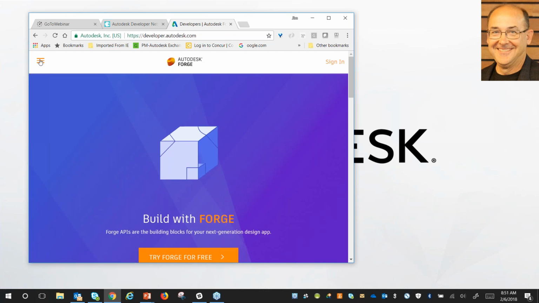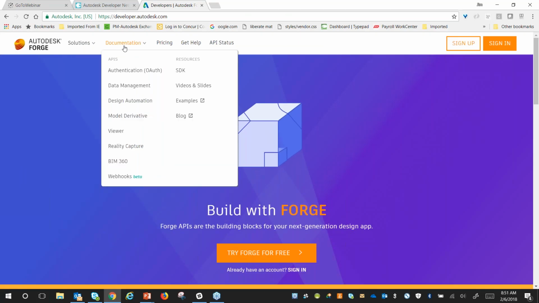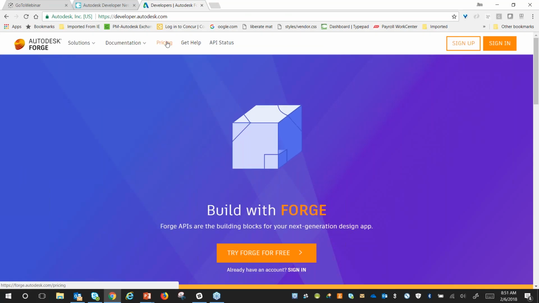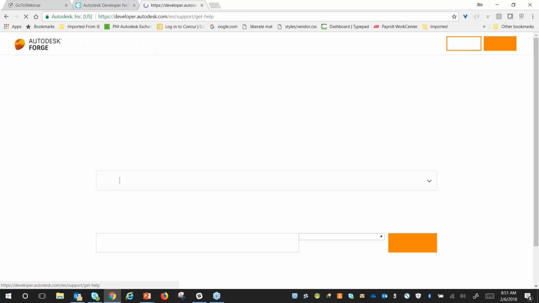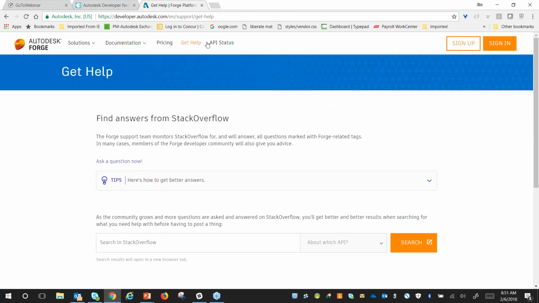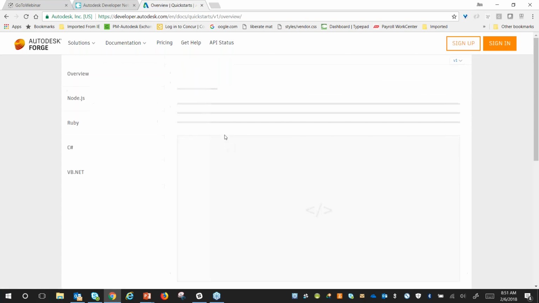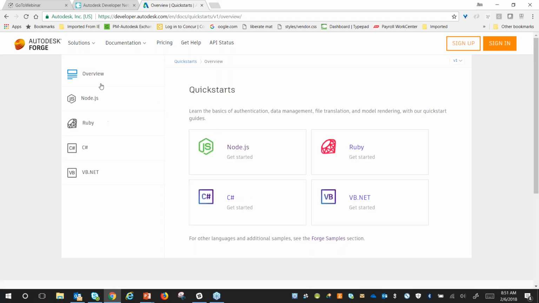And here's where you've got build with Forge information: solutions, documentation, pricing, getting help, like finding answers on Stack Overflow. Here in documentation, things like SDKs. We've got wrappers, Node, and for those of you who are desktop people, maybe even C# or VB.NET.